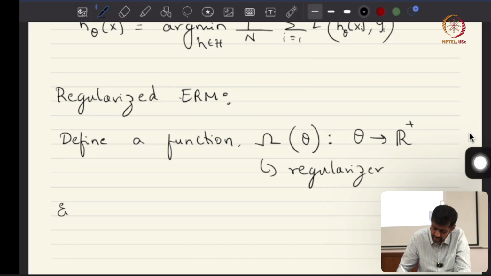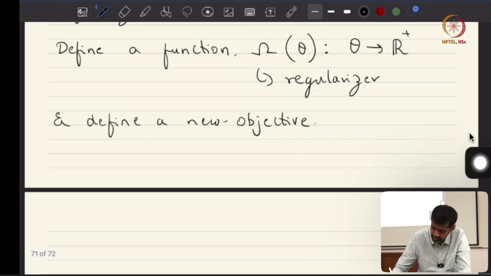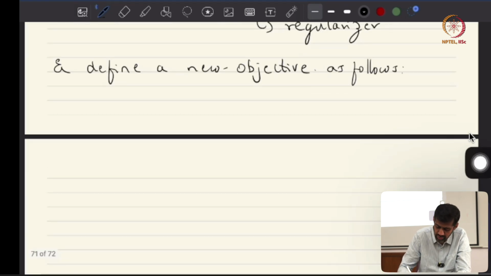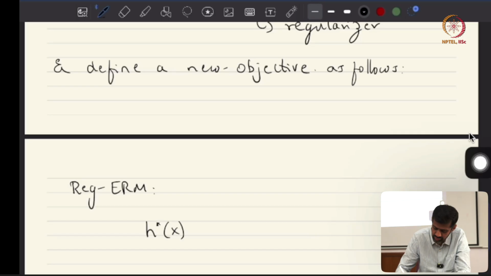And define a new objective as follows. Call it regularized ERM. So find h star of x as the minimizer of the same regularized risk